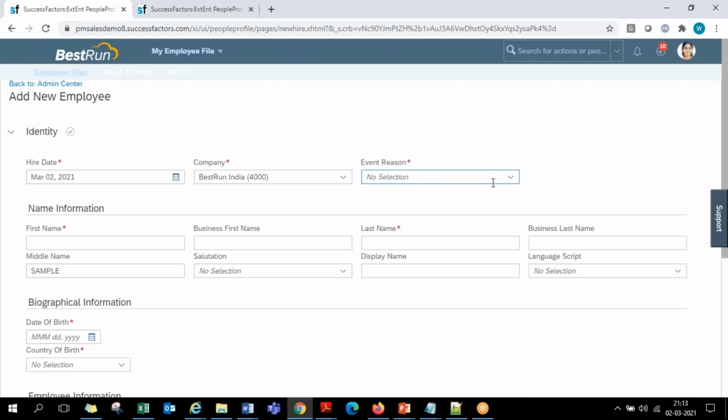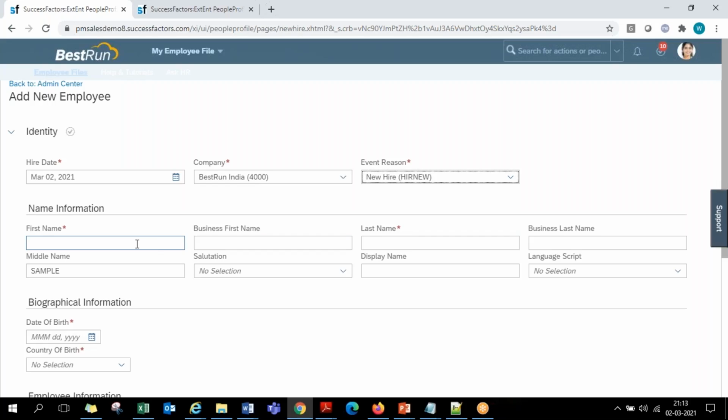That is the way. So now I'll just keep it as a new hire, and then here we can record the employee's first name, last name, all these name details. So whichever fields are required and which are not required, we can choose in the business configuration. We go to the personal information portal and there we can remove the unwanted fields. Okay, so first name and last name are the minimum required. Other things are what SuccessFactors has given. If you want to use them, okay, else we can remove them.